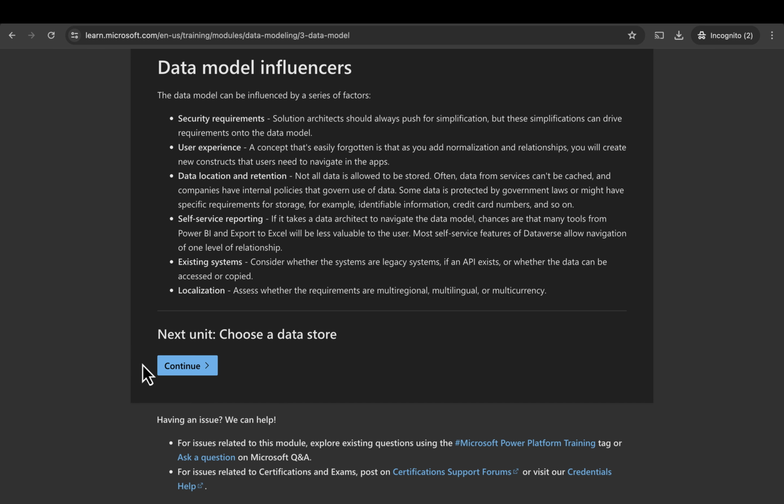Location of the data. When designing your solution, you should consider the existing data sources for your solution. New data. If your app is creating data that doesn't already exist, such as in situations where the existing business process was done by using paper, we recommend that you store the data in Dataverse.